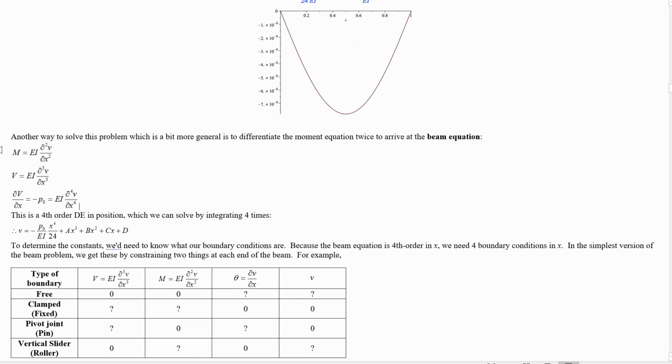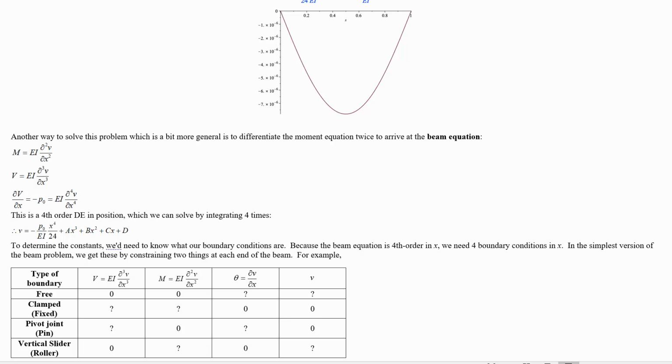Let's talk about it. Another way we could have done this was to just start from the moment equals EI times curvature relationship, and then take a derivative of that and have an expression for shear force in terms of the third derivative of V, and then take a derivative of that and say that the derivative of the shear force is the distributed load, which is just EI times the fourth derivative of V. This is the beam equation. So this fourth order differential equation is a way that we could just solve directly for the deformation